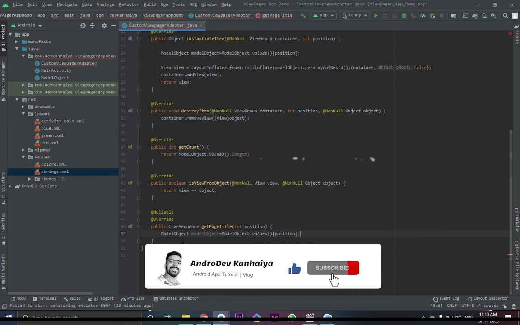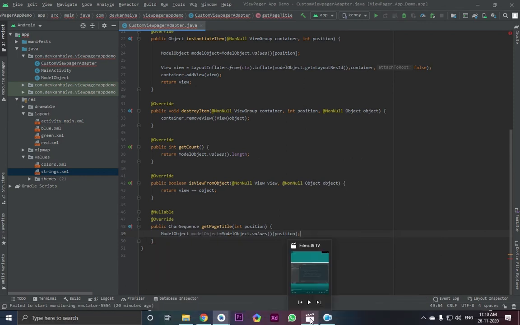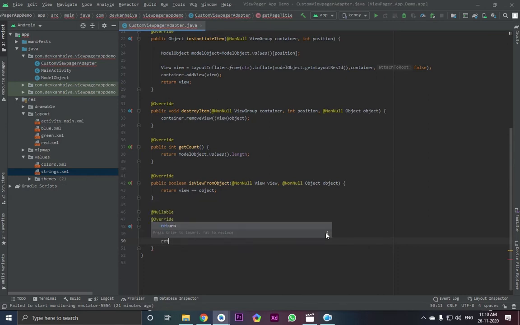You know how to insert this model object, like I told you in my last video. So after this, we need to return the title. So to get the title, we need to get this title from model object that we have instantiated.